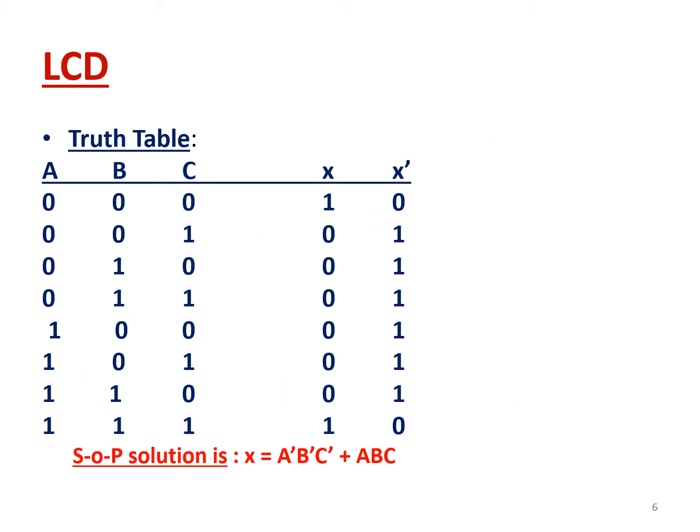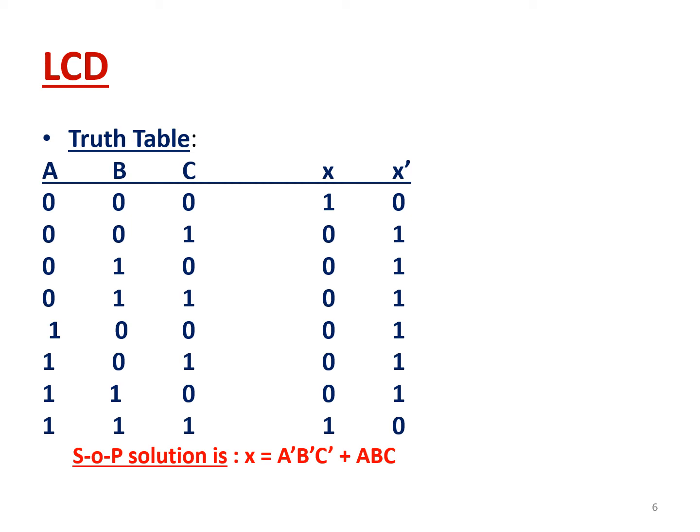So we draw the truth table, and if you see A, B, C, that is the normal truth table of 3 variables, that is 8 states. So it is very simple. In the first row 0, 0, 0, when all are off, we have said that x will be 1, and when x is 1 obviously x complement will be 0. Similarly when all are 1, 1, 1, x is 1 and its complement is 0, and for the others you can close your eyes and put 0.